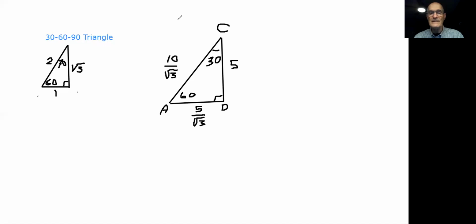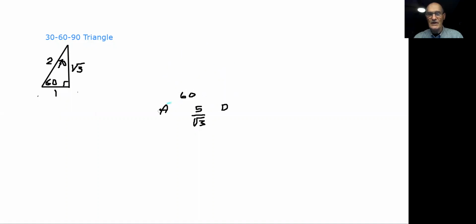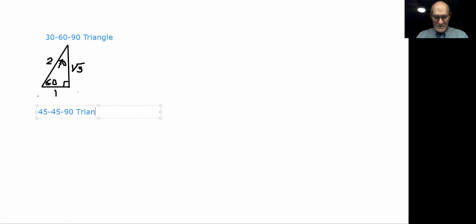So now I'm going to erase this whole triangle here, because now I'm going to get to the second special triangle. So I'll come over here and do my text, and I come down here. So the second special triangle is a 45, 45, 90 triangle. And the 45, 45, 90 triangle starts from a square. So if I draw myself a square here,